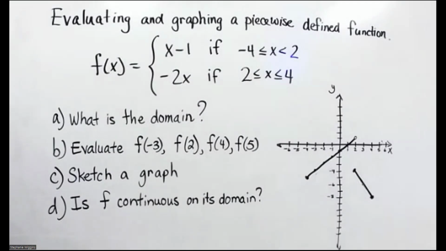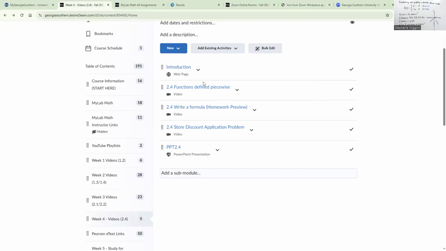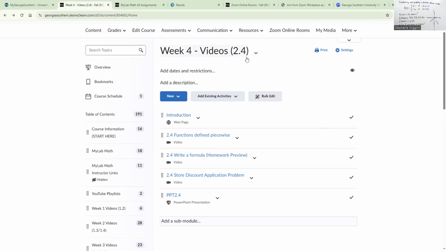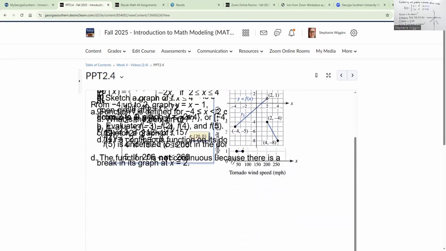So I'm going to share my screen here. And if we go to, here is week 4 videos, 2.4. And at the end of the list of videos, there's a PowerPoint presentation here that you can select. And when you pull that up, it's not going to look like anything important. But what you need to do is download it. So if you scroll down,